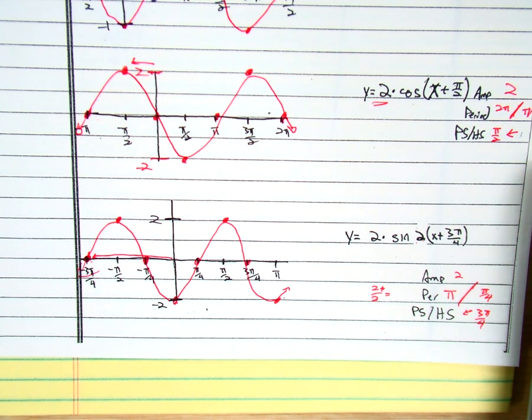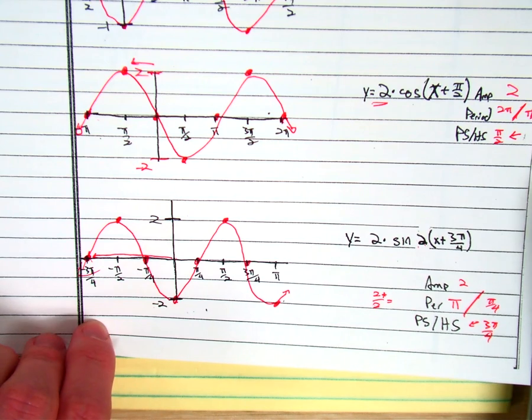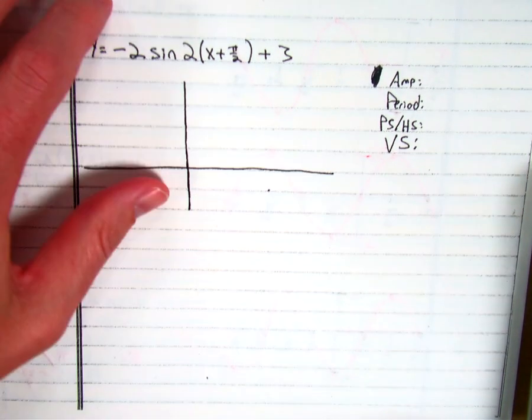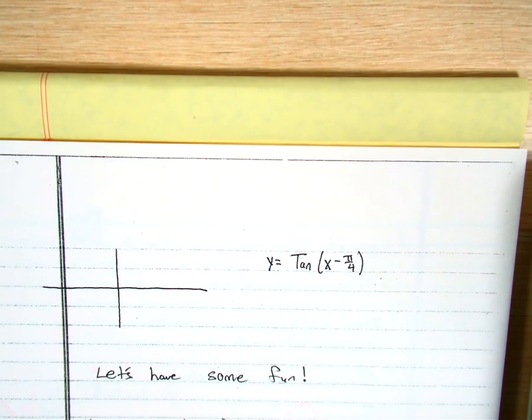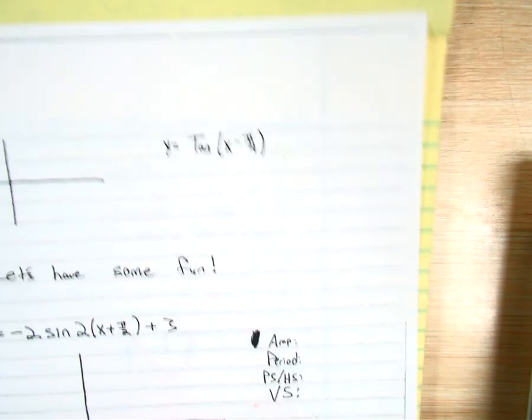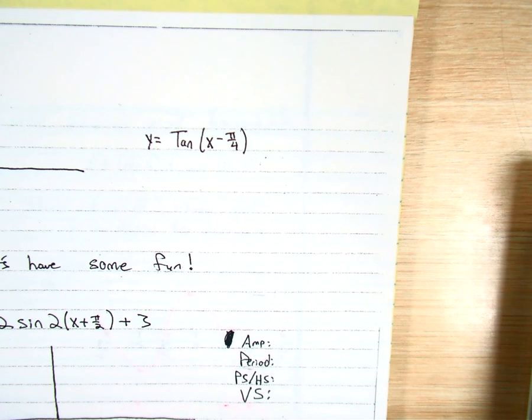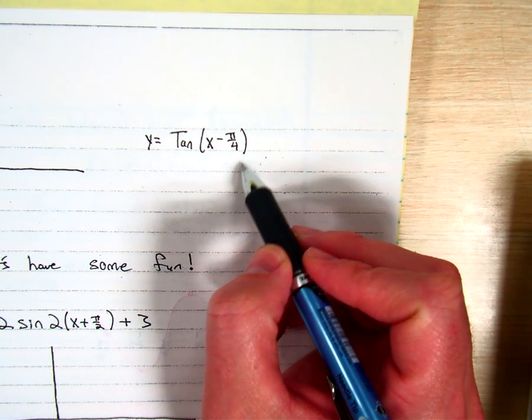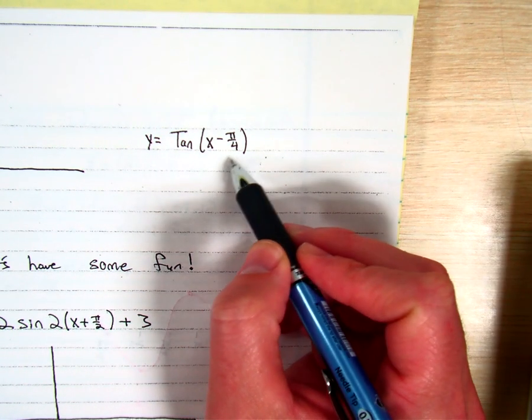Alright, hanging in there. Hopefully nothing too crazy yet. Okay, we do have a tangent one coming up, and it is a little bit different. Alright, so tangent with x minus pi over 4. Usually it's going to be a little bit friendlier than this, but this is a good one to do together